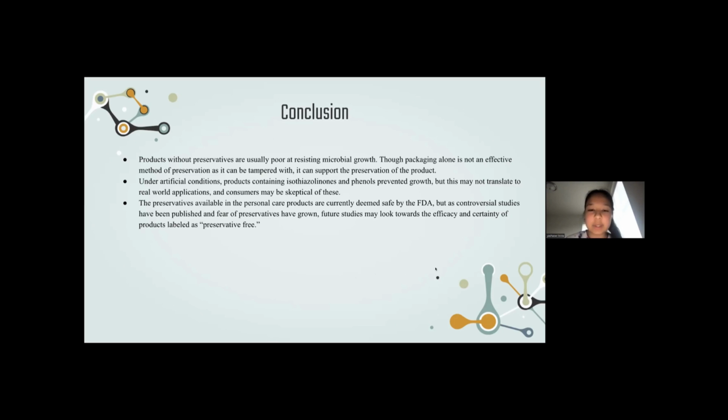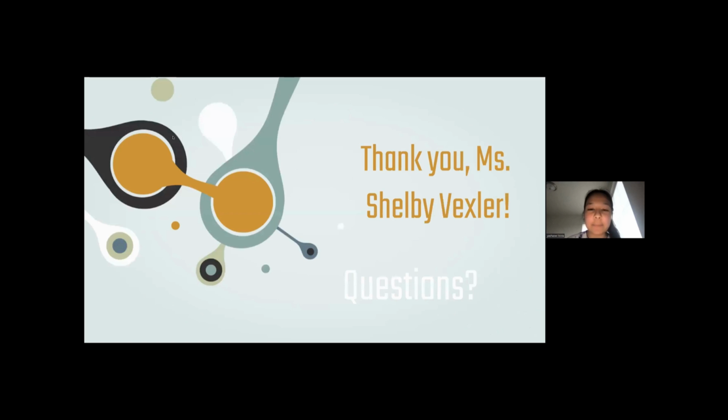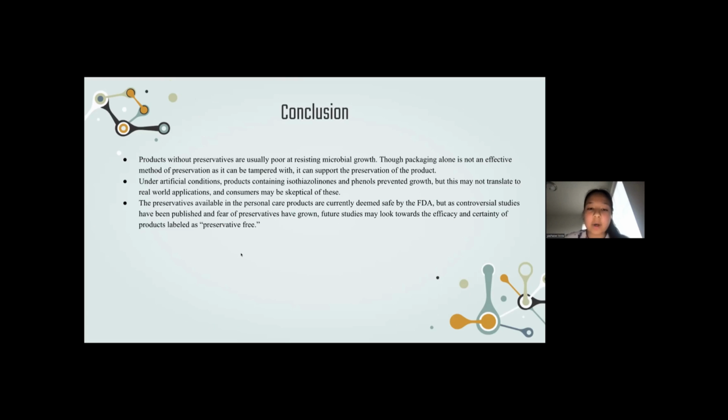And one more point is with parabens. Like I mentioned parabens in the intro, they have been a topic of controversy because studies have exhibited that they may cause cancer. However, those studies have been proven to be false by various researchers and scientists. But there is a growing